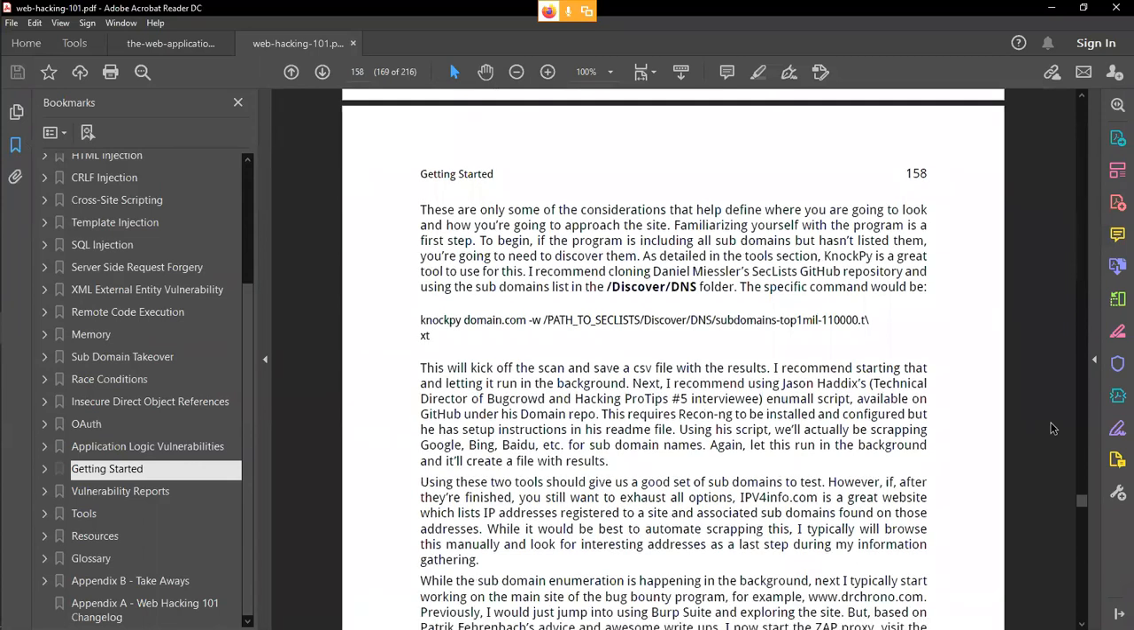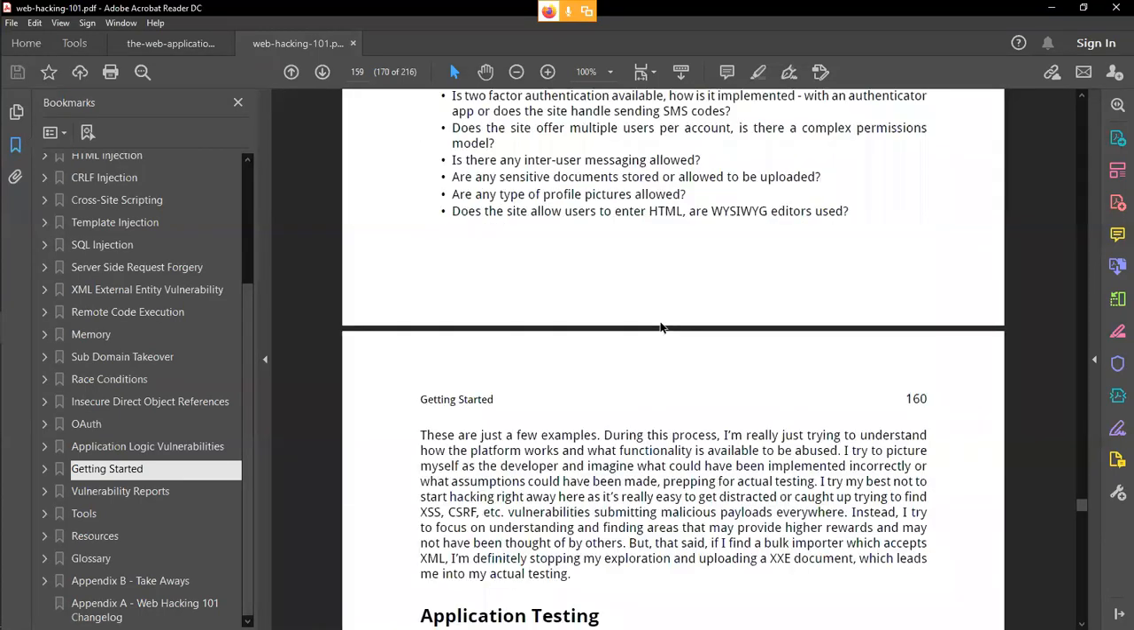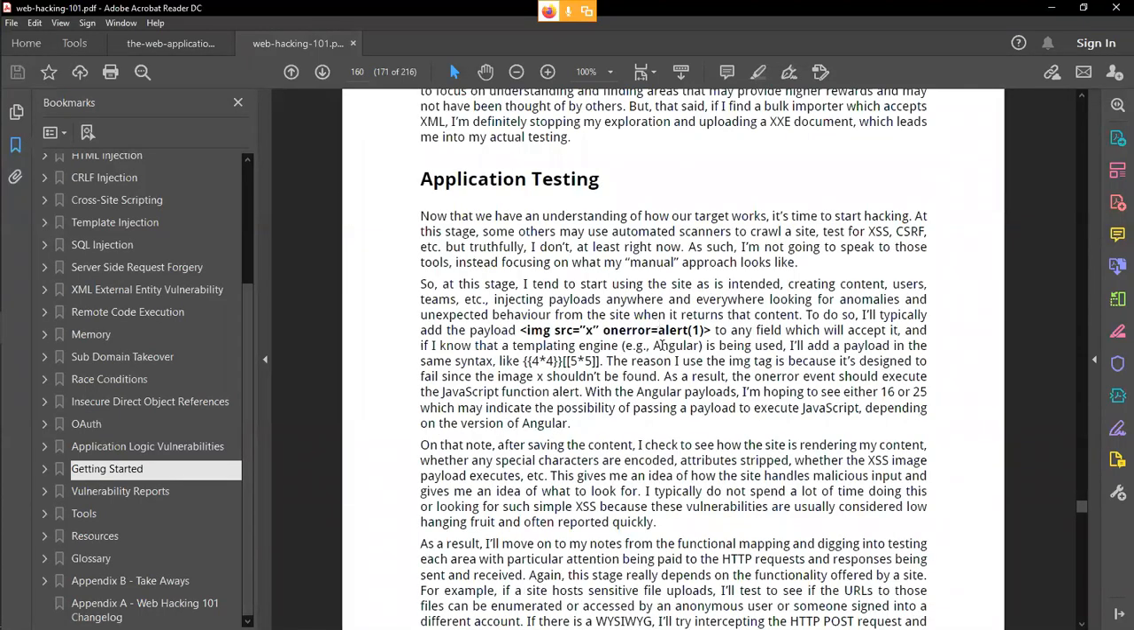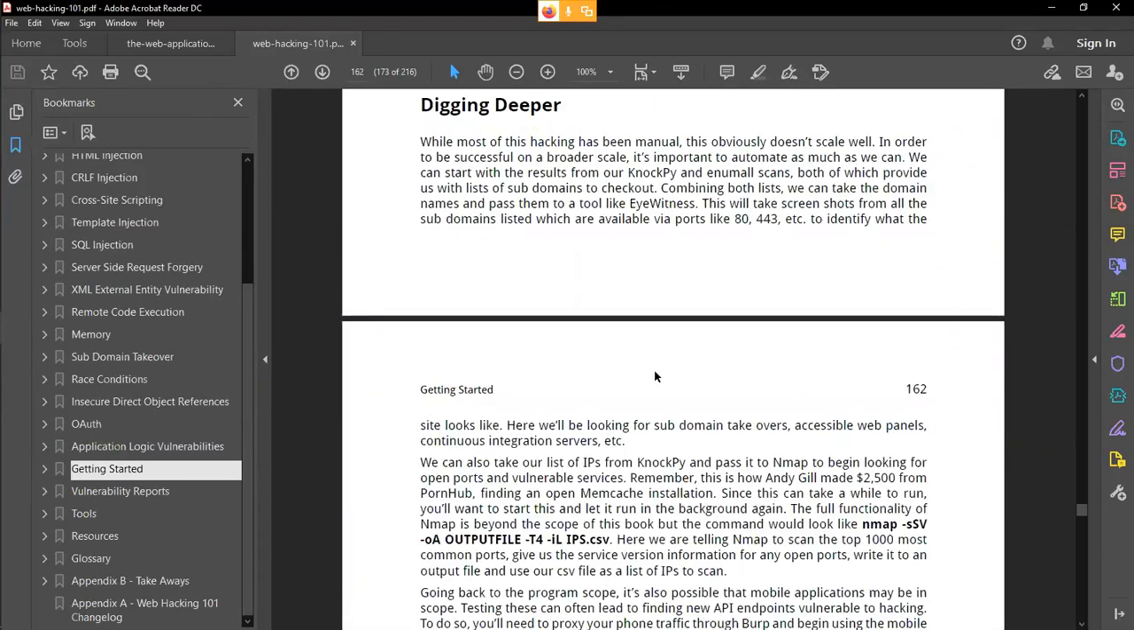You can see there are some considerations that help define how you are going to approach sites. It's all about the DNS enumeration part. One of the best tools that you can use is now.py. Now.py is basically used to identify the number of subdomains on the server side. You can see in this book, you will have some tool information also for application testing, for digging deeper to identify